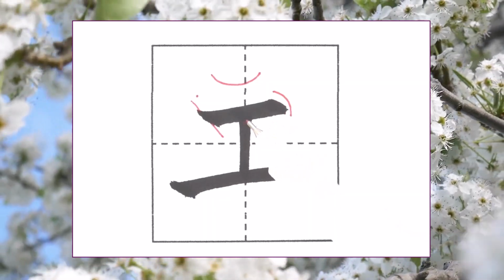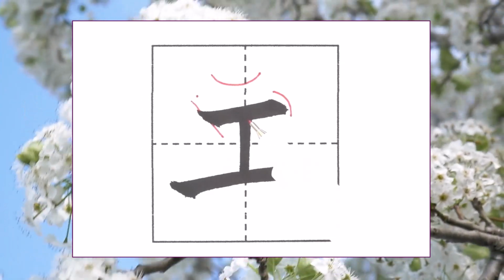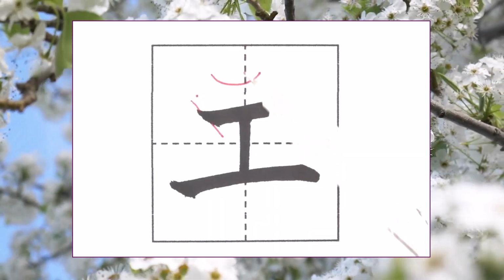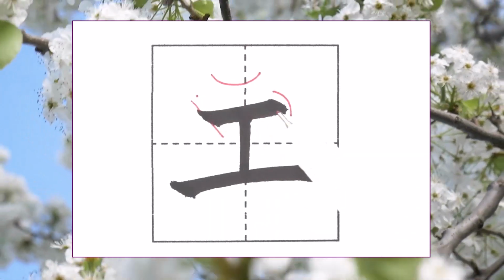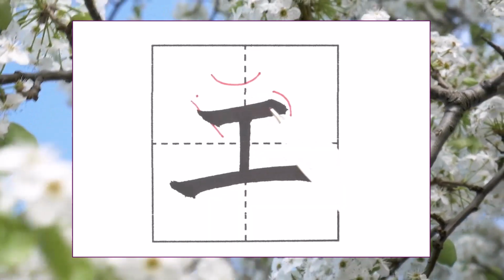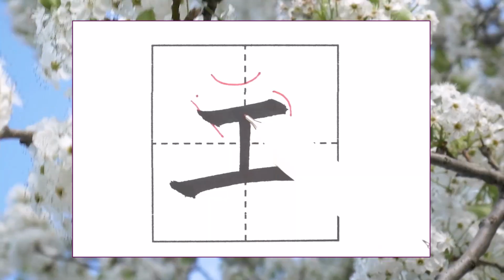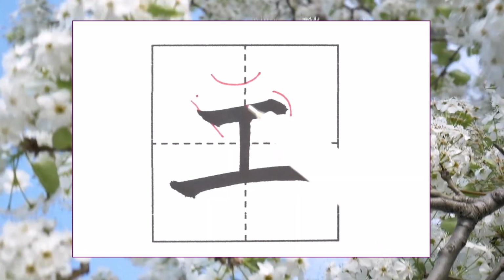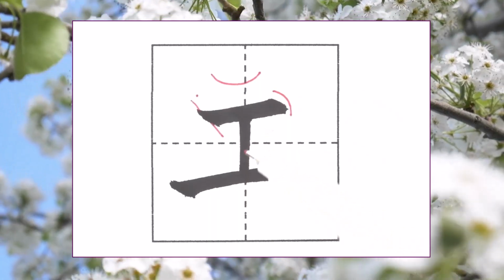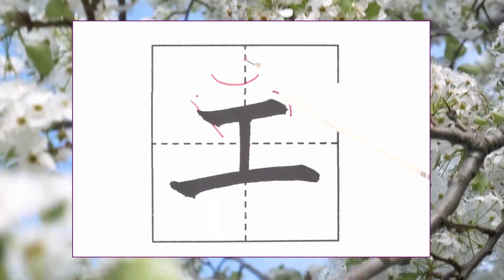The second stroke starts from the middle of the first stroke. Since the first stroke was extended to the right until its middle vertical line was in the middle, the starting point of the second stroke will be roughly aligned with the middle vertical line, directly below the first stroke. Again, lightly pause at the starting point, gently press the brush towards the tip to secure it, and then move the brush straight down along the middle vertical line until the middle horizontal line appears to be in the middle